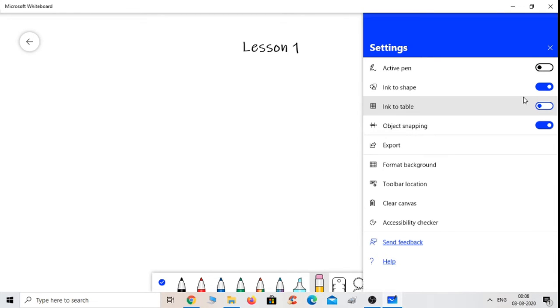Okay, so now just draw a shape. Okay, like this I want to draw a triangle.